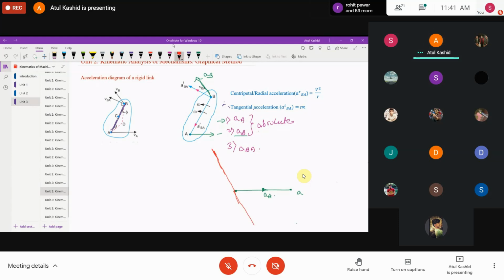Then what is remaining? BA is remaining, right? And we know that we can have B and A point for this. And as I told you that we have to look for the point which is available in the diagram. So point A is available, point B is not available. So if A is available, A will be the center of rotation. So you have to go for this diagram again, you have to draw the link, right? If A is your center of rotation, then the direction of this centripetal acceleration will be along the link and towards A. If B is your center of rotation, then direction will be towards B.